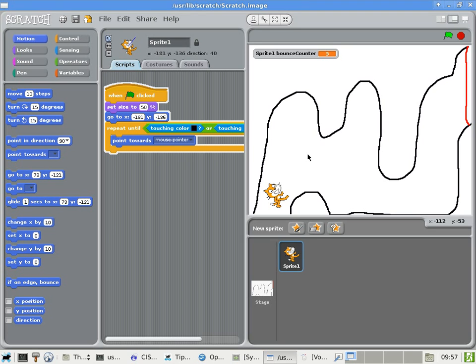Is that okay so far? That's good. Okay, that means the program is working the way it is supposed to. It doesn't move yet because I have not put in the block of